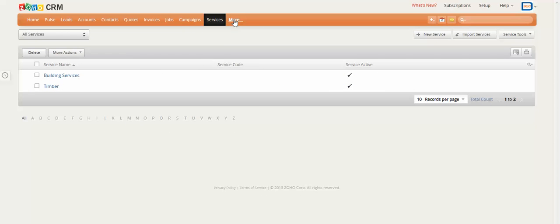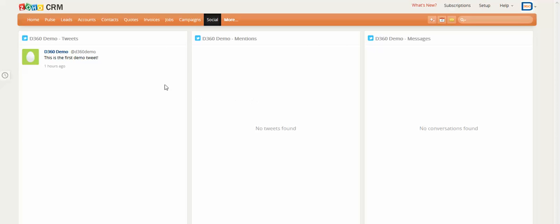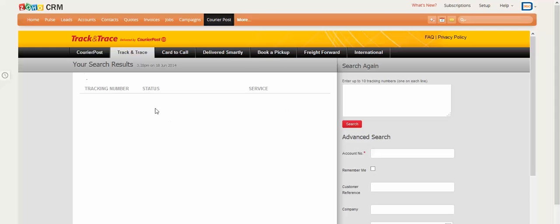There are a number of other modules, and as you can see, there's a lot more that are in here. Some of the things that may be of interest to you is the social one. So you can see that there's the postings that you are making through Twitter and Facebook, and the messages that you're getting. And you can also embed third-party websites to help you in the